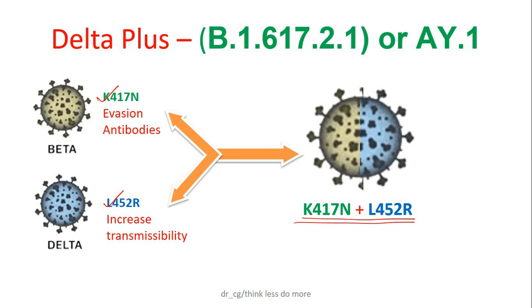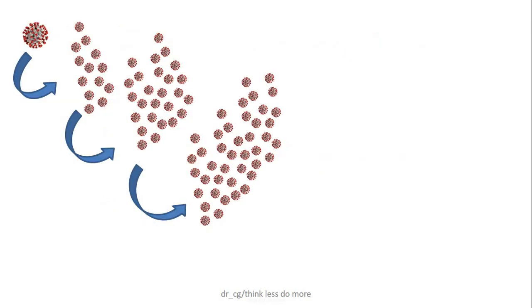From all these things I explained till now, it is understandable that mutation and production of variants is an endless process. If viruses continue to copy themselves, mutations and production of newer variants will continue. But we all know a virus can't copy by itself. It requires host cells for the process.